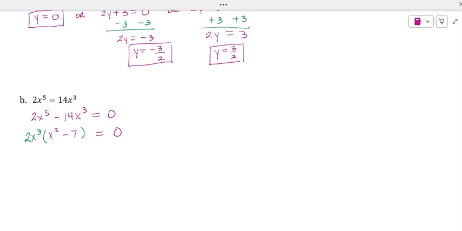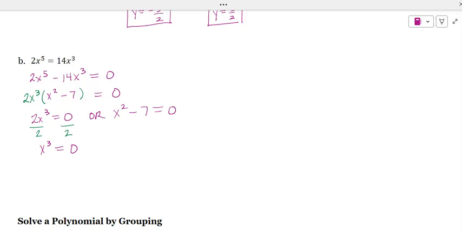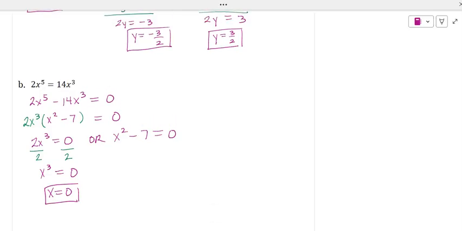And then I can separate this into two equations with either 2x cubed equaling 0 or x squared minus 7 equaling 0. On the left-hand side, if I divide both sides by 2, zero over 2 is just 0. X cubed is equal to 0, and the cube root of 0 is 0. So x is just equal to 0 for this first equation. For the second one, I have that x squared is equal to 7, and then if I take the